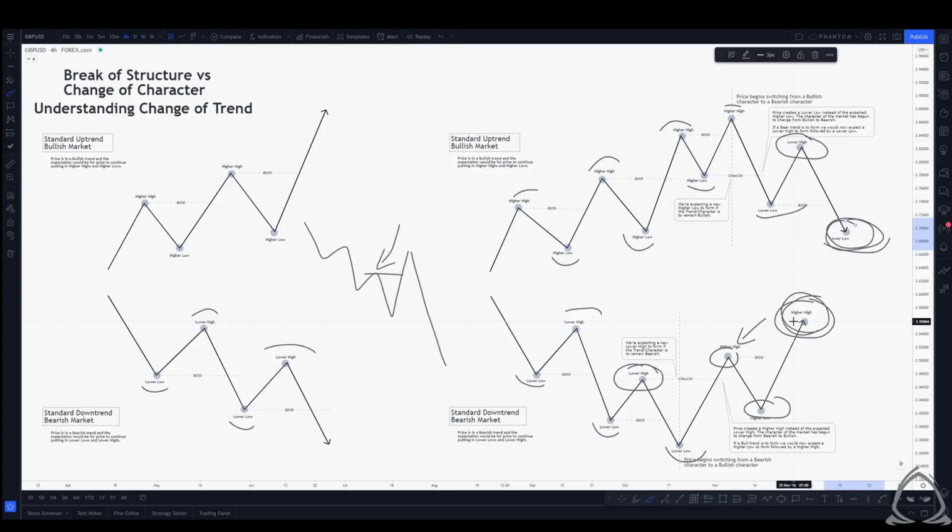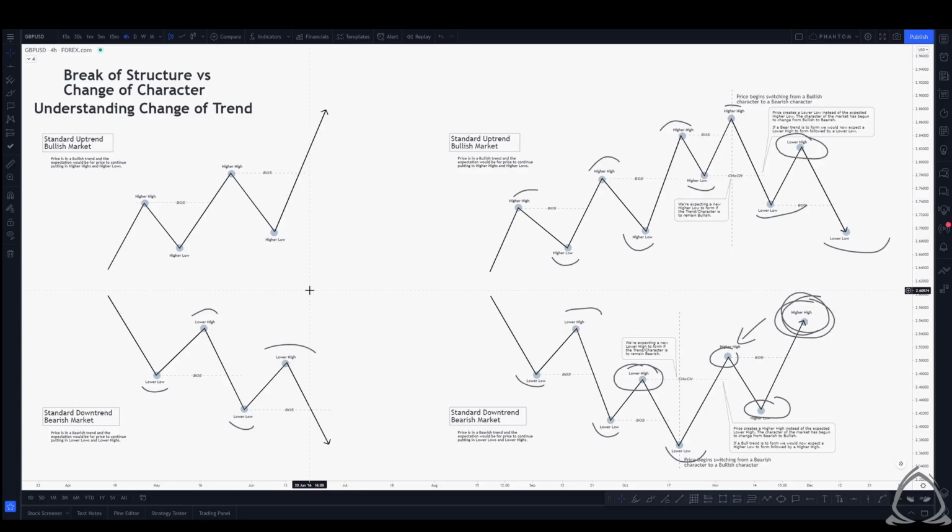Of course, there are positives and negatives to being conservative or aggressive when it comes to applying this sort of information. If you're conservative, you might miss trades. If you're aggressive, you might take more losses. But as we dig into more concepts, we'll be able to add certain things that will help improve your overall edge. But at the end of the day, the most important thing is understanding how these changes of character integrate